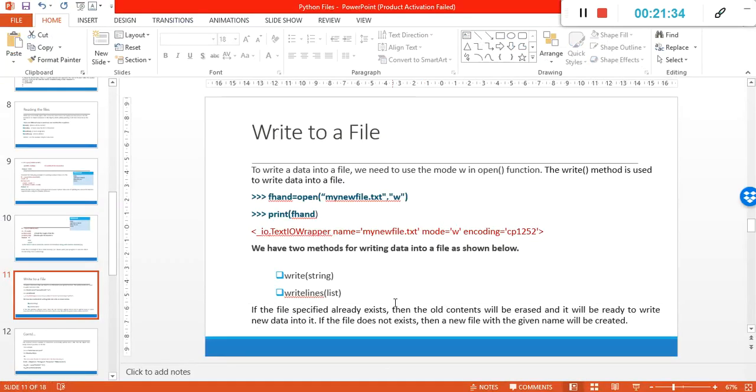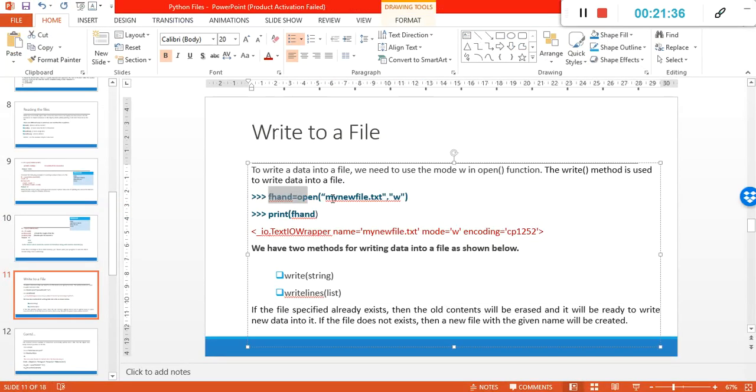So let it compile. As soon as you open the file and print the file handler, it will show the name of the file and that you are opening it in write mode. And see here, earlier it was UTF-8, here it is CP1252. It's not required for now. For Windows the encoding will be this code, and for Linux it will use UTF-8.